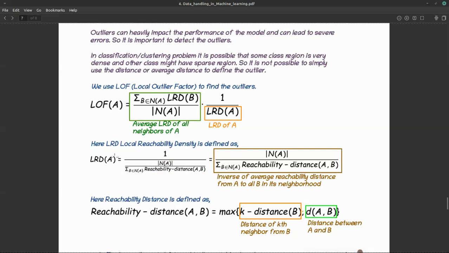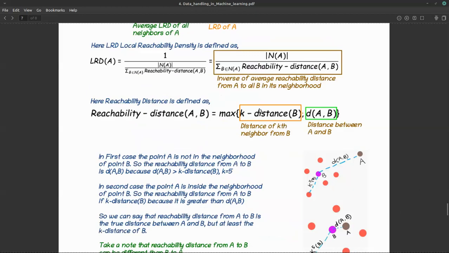So local reachability density is using the formula of reachability density, right? This is wrong. So reachability density. What is reachability density? It is using the formula of k distance. So what is k distance? Let's start in reverse order now. K distance is nothing but the distance of the kth neighbor. The first neighbor is the nearest point, then the second neighbor, then third, then fourth, and fifth. Why is the fifth neighbor the one I'm taking, at the highest distance?